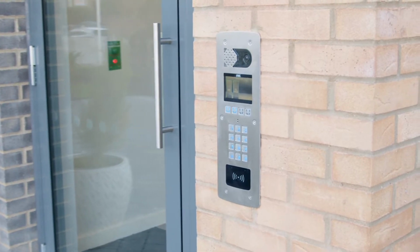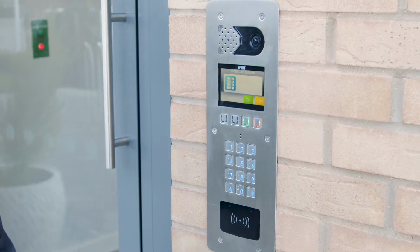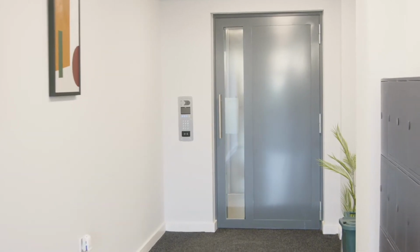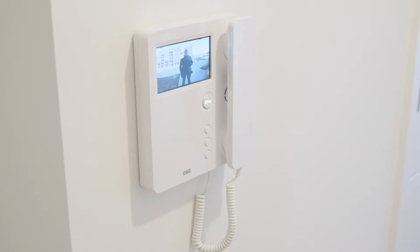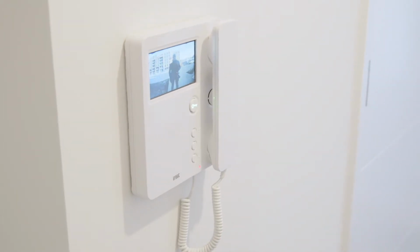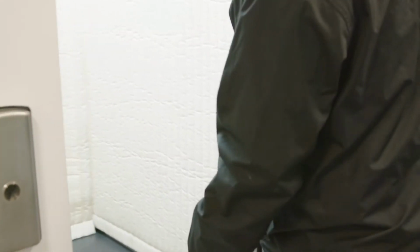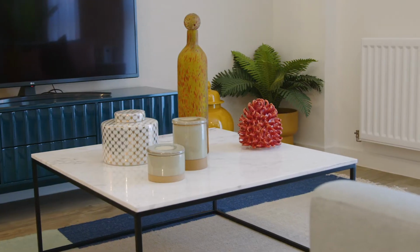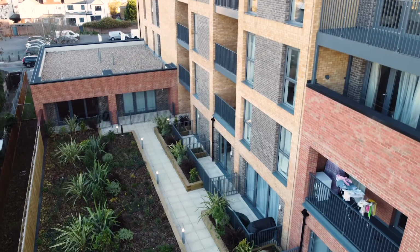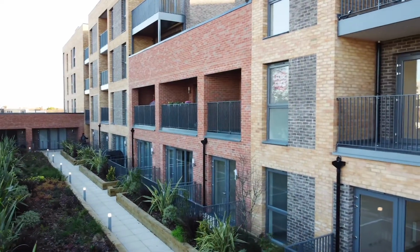Urmet installer Rolec Electrical are installing our 2-wire door entry system, 2-Voice, and our IP access control system, IPassan, on site to provide a seamless, integrated door entry and access control solution. Based in Milton Keynes, Rolec Electrical specialises in supplying electrical, mechanical and security services to the new build residential sector. With over 100 experienced employees and an extensive project portfolio, Rolec Electrical are experts in providing cost-effective, comprehensive services for